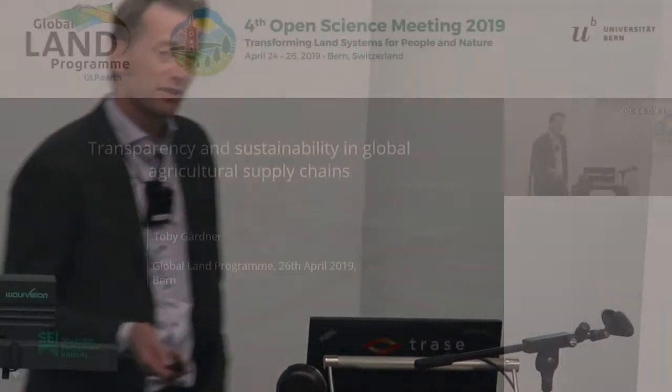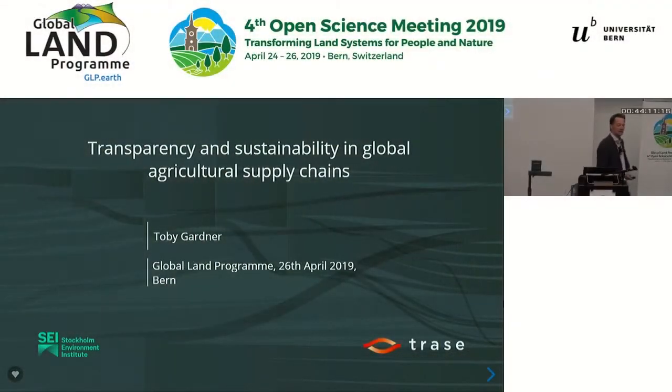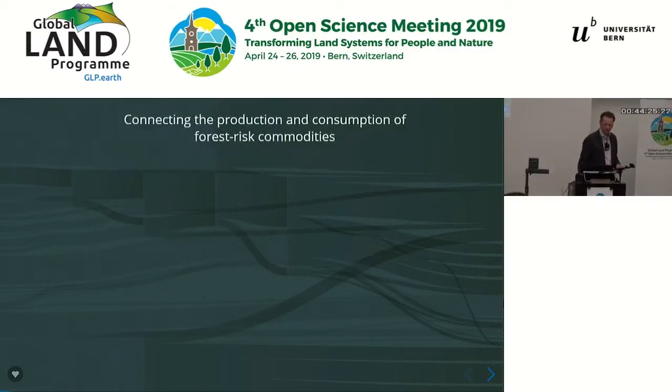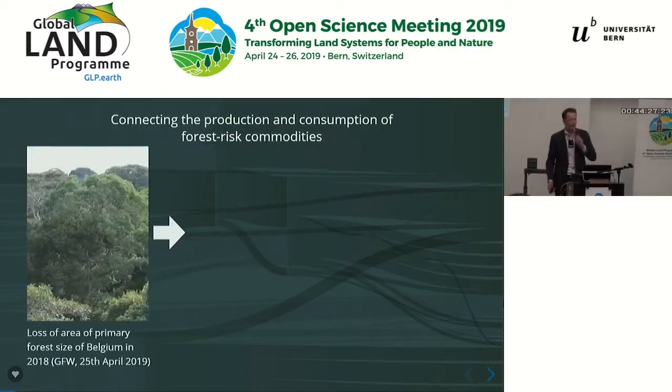Okay, so the remit of this talk is really the interface between transparency and sustainability. And there's a lot of expectations around transparency, similarly to new technologies. And we haven't really critically assessed what the promises and pitfalls of that interface really is. And why is this important? In the context of forest risk commodities, global supply chains, which is our focus.